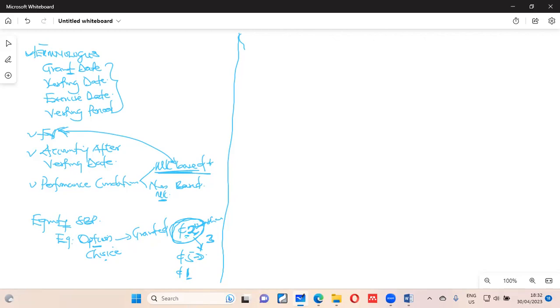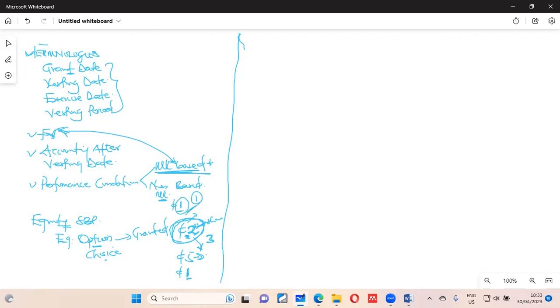Okay, if you now exercise this option, it means that you are going to buy the shares of the company at 2 cedis. The question is, what is the value of the share of the company itself? If the nominal value or the face value of the shares is 1 cedi, and you buy the shares at 2 cedis, it means that the company will record a stated capital of 1 and a share premium of the additional 1 on top of these 2 cedis. That is what we mean by that.